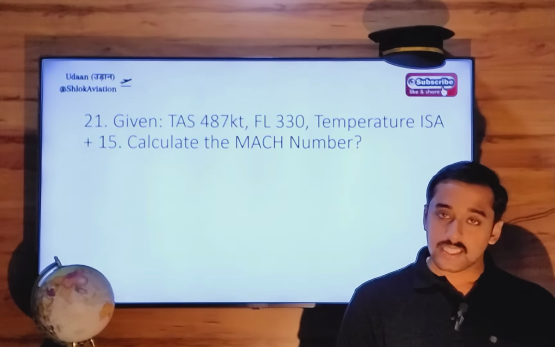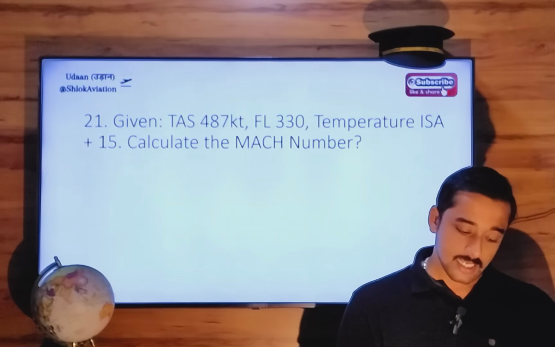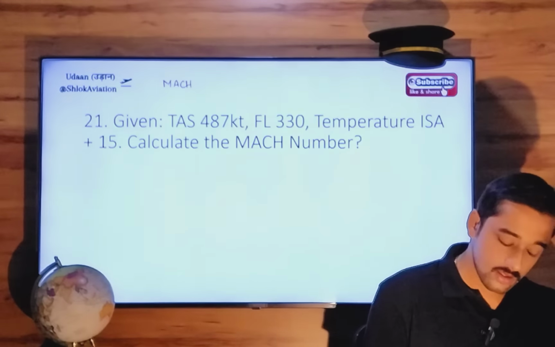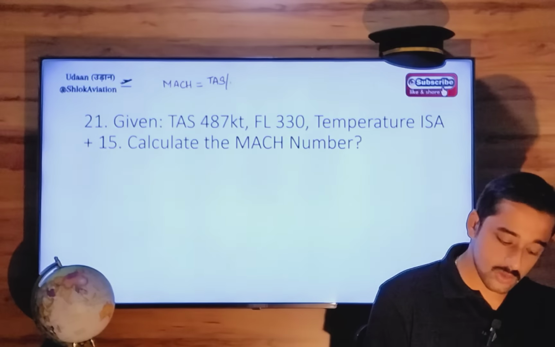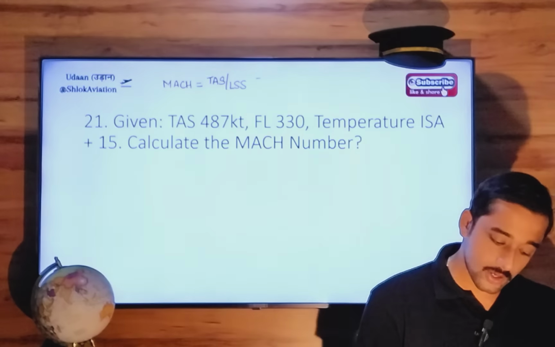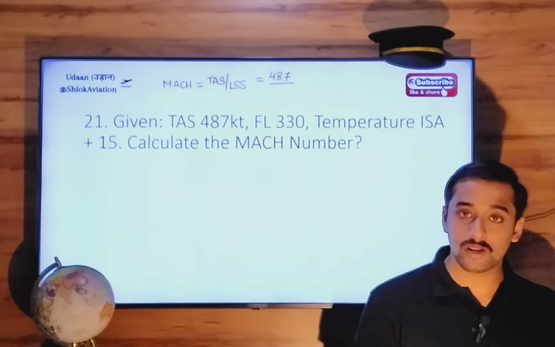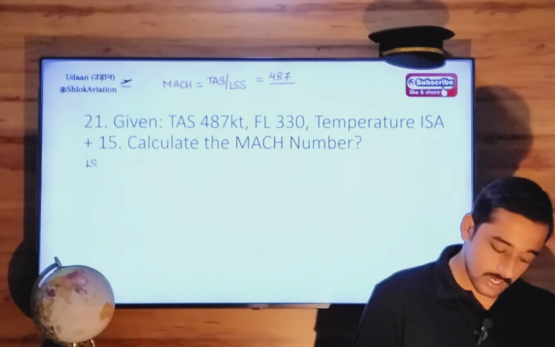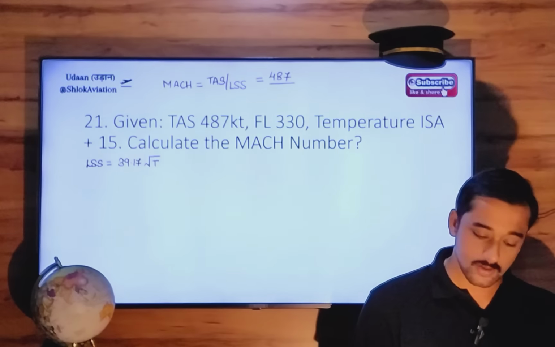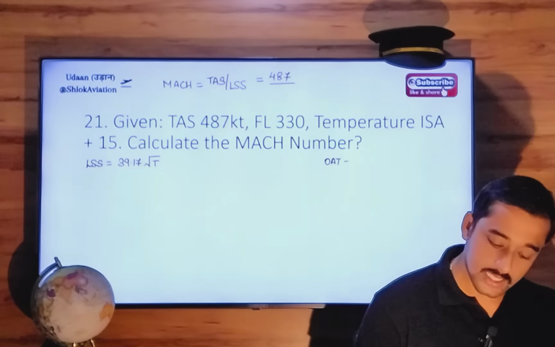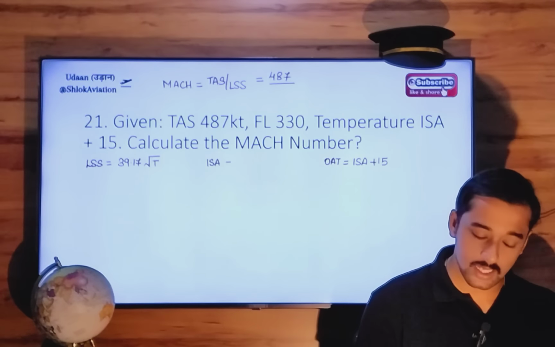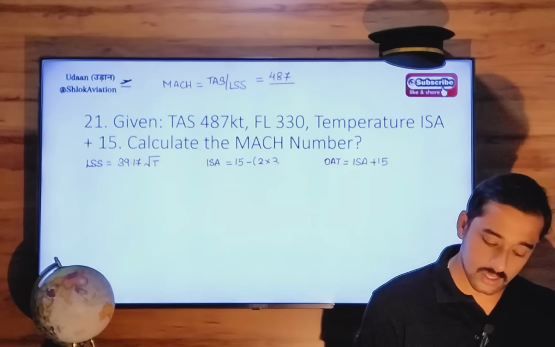True airspeed is 487, flight level is given, temperature ISA plus 15. What is the Mach number? The Mach number equals true airspeed upon local speed of sound, right? True airspeed is given to you. Local speed of sound is not given directly, it's given indirectly: 39.17 root of temperature in Kelvin. Now what is the outside air temperature here? It's ISA plus 15. Now what is the ISA temperature at flight level 330? It is 15 minus 2 into 33,